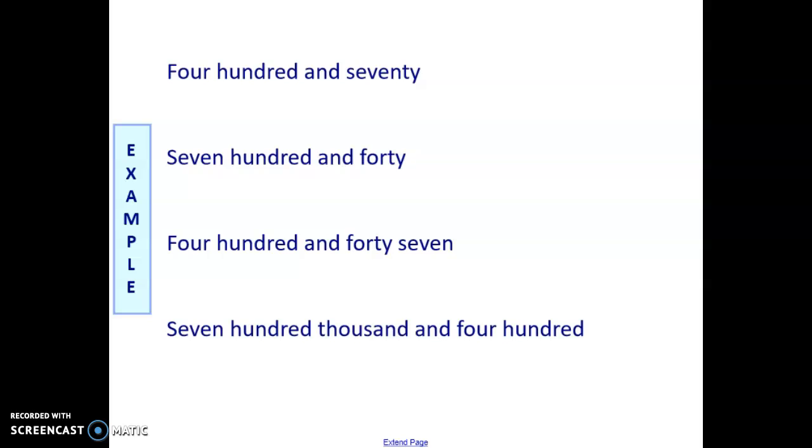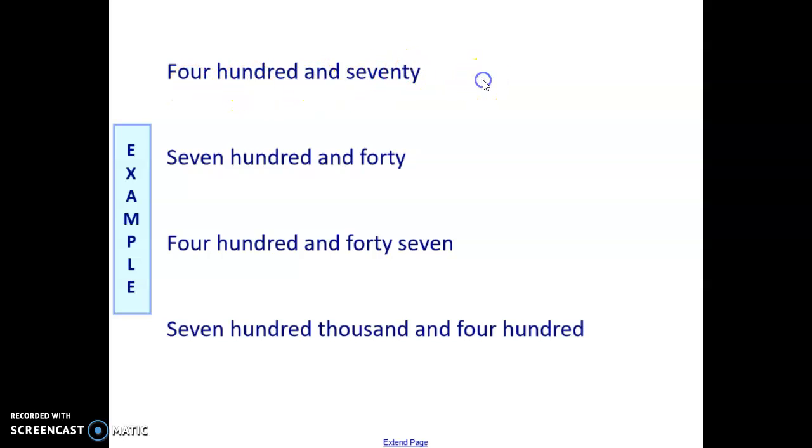The next thing we need to look at today is how we can write numbers as words using the correct terminology and the correct spellings. Here I have 4 examples of numbers written out using words. I'm going to use my knowledge of place value to write out these numbers. This should be a lovely, simple task for us. The first example says